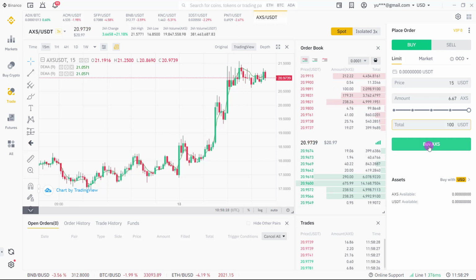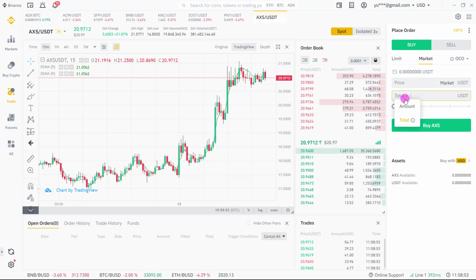Until somebody is willing to sell at this price or the market falls to this range, that is when my order will be filled. I hope you understand the meaning of limit order now. So the meaning of the limit order is that I will be the one to set the price I'm willing to buy a commodity, I'm willing to buy a coin. So for the market order now,